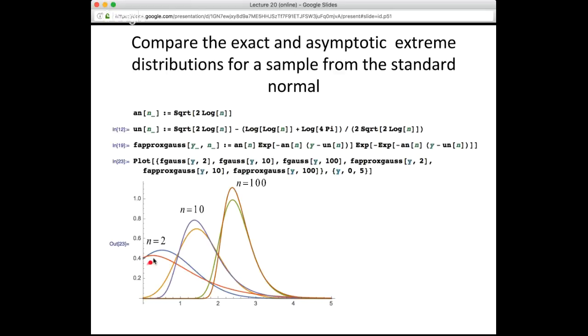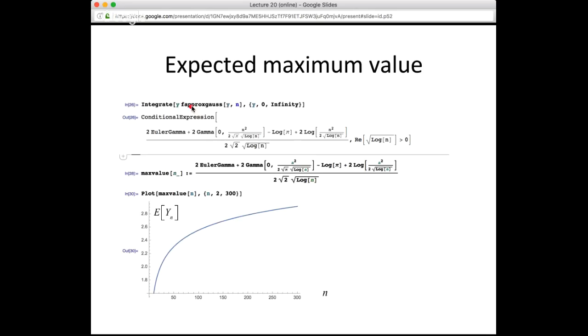And so basically I've done that for 3 different sample sizes, n equal to 2, n equal to 10, and n equal to 100. And you can see that they more or less are similar. There's obviously some differences even out to a sample size of n equal to 100, but they are exhibiting a very similar shape. And the nice thing about the approximate or asymptotic extreme distribution is it's a little bit more mathematically tractable. So I can actually determine the expected maximum value from that